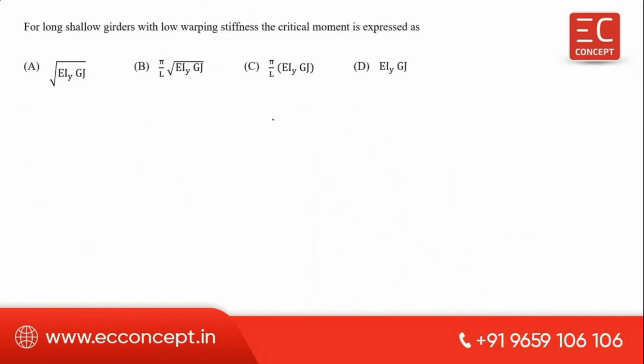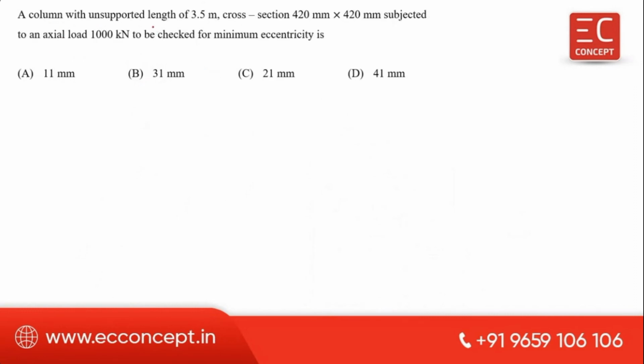Now the next question is for a long shallow girder with low warping stiffness, the critical moment is expressed by this formula, which you have to keep in mind: pi divided by L times the square root of EIY into GJ. Next question. The column with an unsupported length of 3.5 meter, cross section and so on, subjected to axial force, check for minimum eccentricity. For a column, we know that the minimum eccentricity is equal to the maximum of L, the unsupported length,